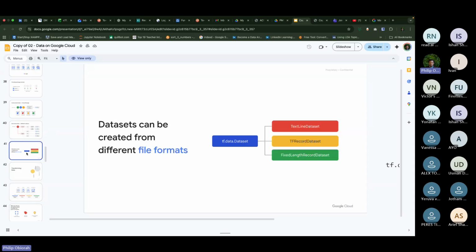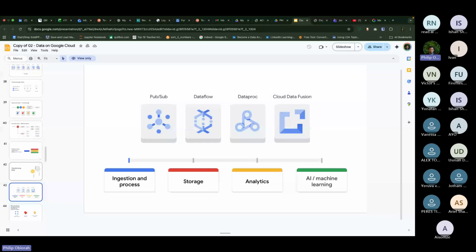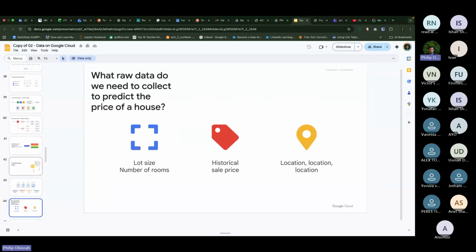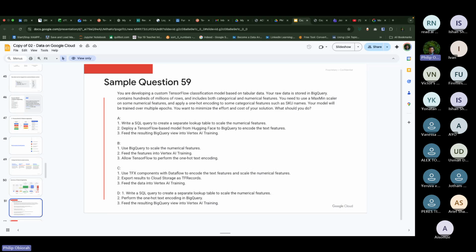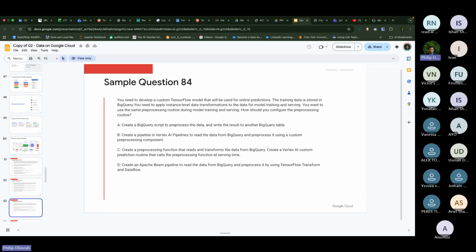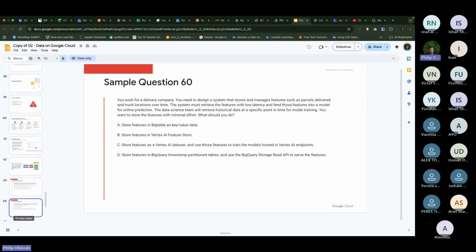We'll be looking at the data set input formats, right? Different formats in which we can have our data set, and different ways of transforming this data. We're looking at this transformation. Then we're going to look at these questions, answer them, and break down each concept, so while answering these questions, you would